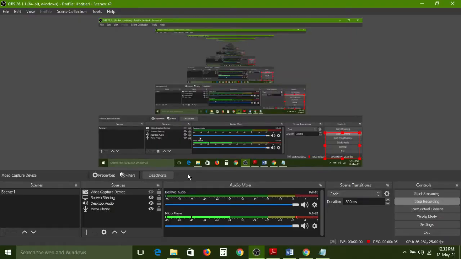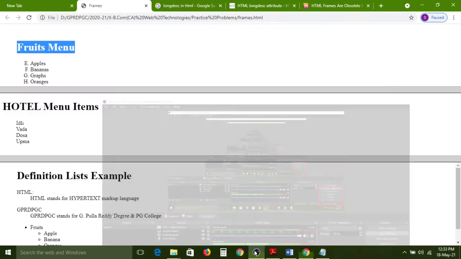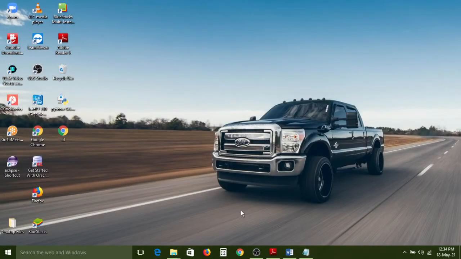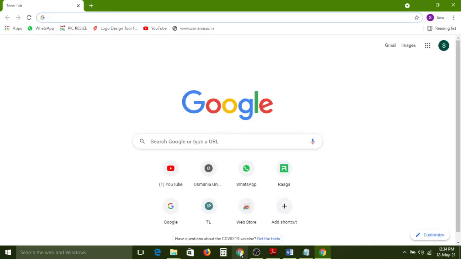First we need to open a browser window. In my laptop I have the Google Chrome browser, so that's why I am opening this window.